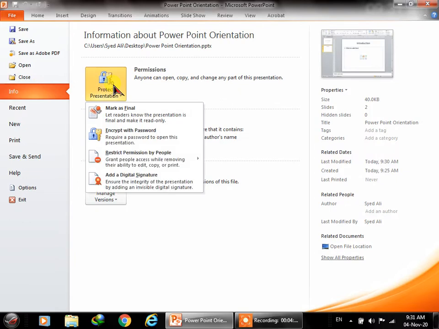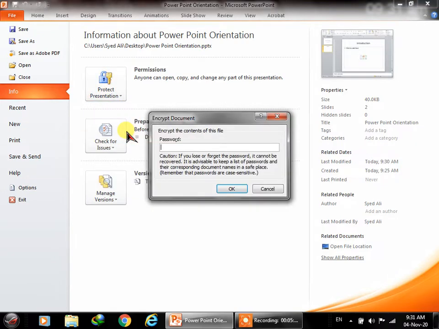Now you can click on Permission. Either you can mark as final, encrypt with a password, or restrict permission. For example, if you want readers only to read, and not copy or modify, then you can restrict, or you can add a signature. So let's say I want to add a password.